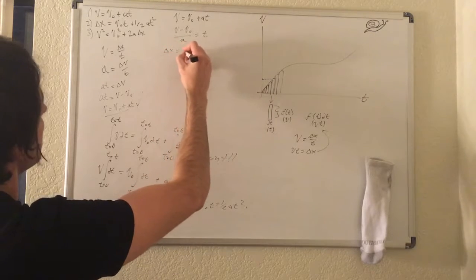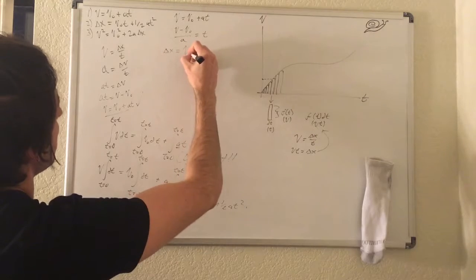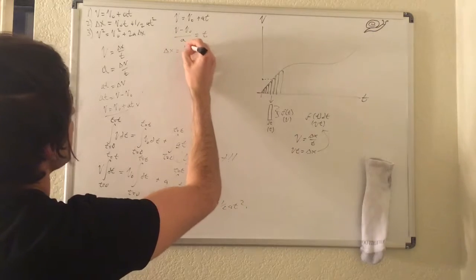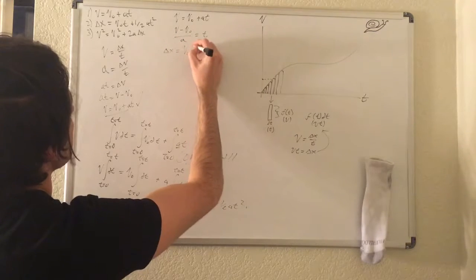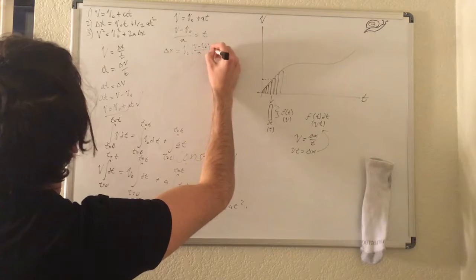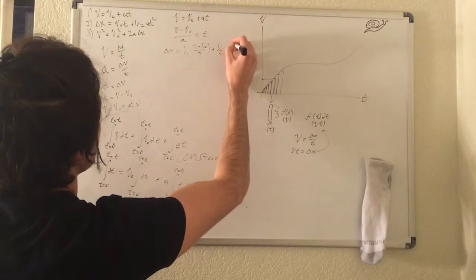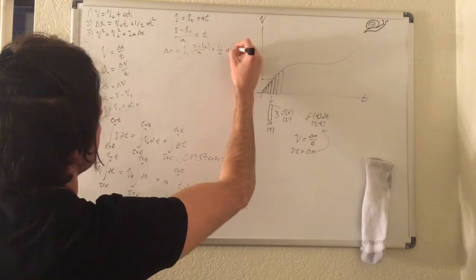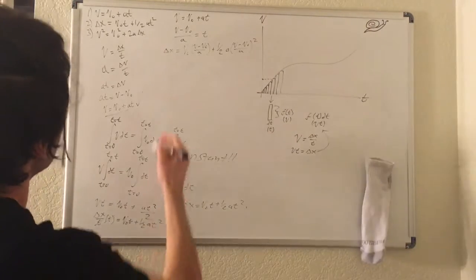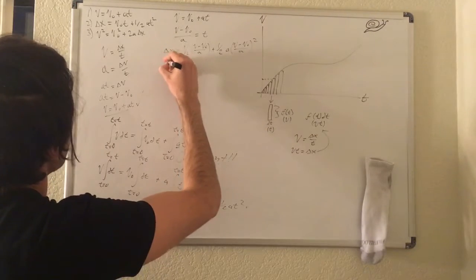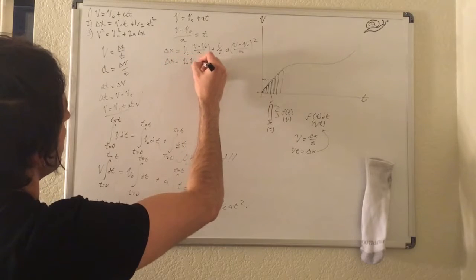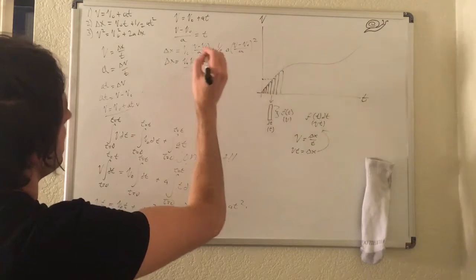Displacement equals v naught. Looks like my marker's dying on me now. Let's see if I can just get it to work for the next 3 minutes. V minus v naught over a plus 1/2 a v minus v naught over a squared. A little bit of algebraic simplification here. So we have delta x equals v naught v minus v naught squared over a